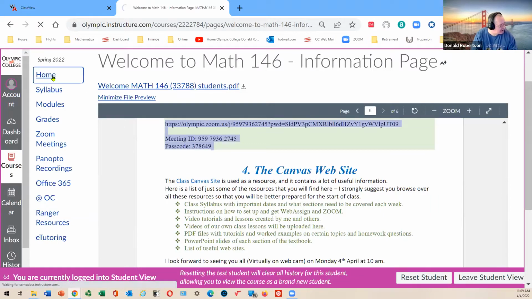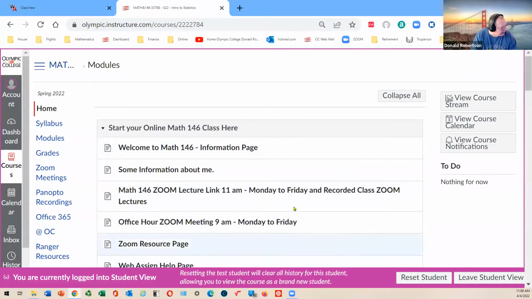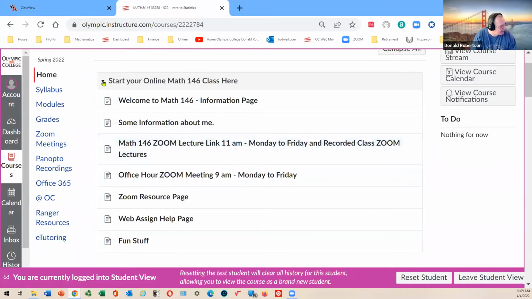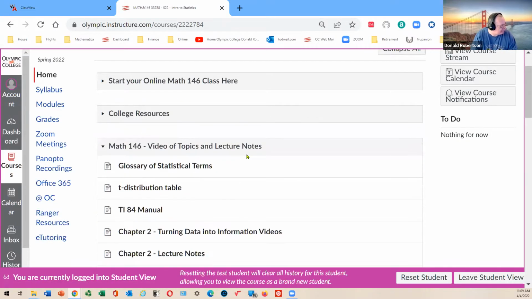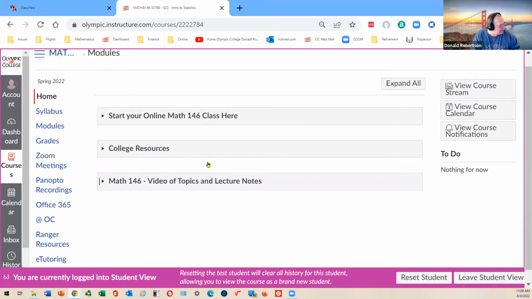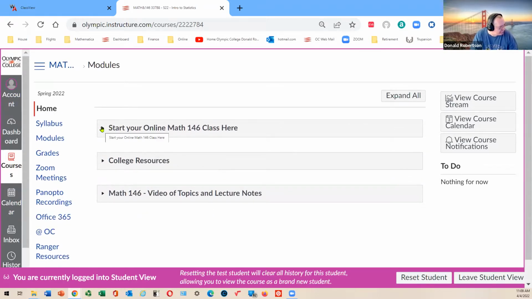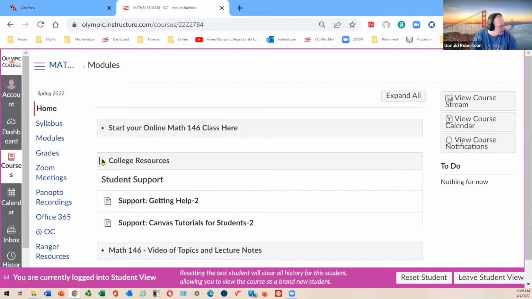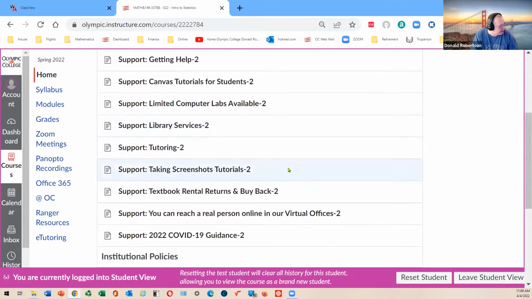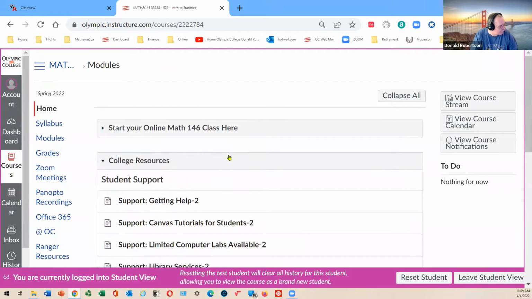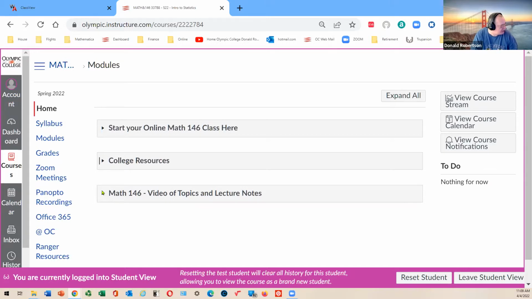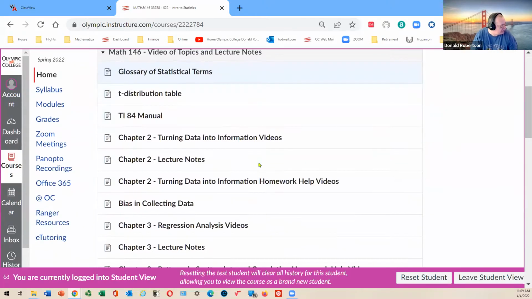So let me kick back out and show you the things that you can get. And we have this module, which I'll be looking at in more detail. We have college resources, and basically these are things that the college provides, resources like tutoring and help and so on. If you click on this one, for instance, if you click on that one,